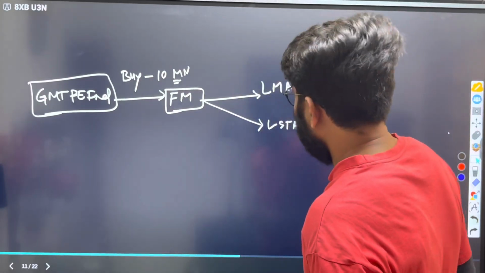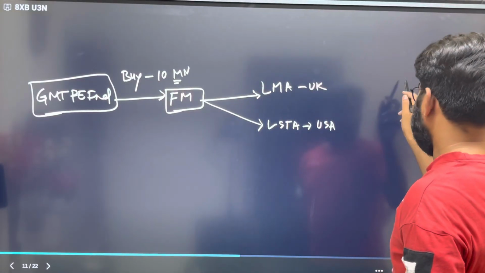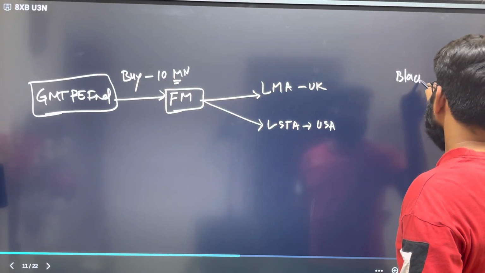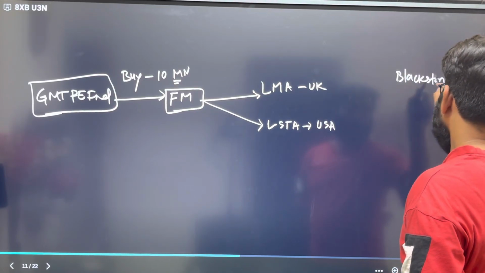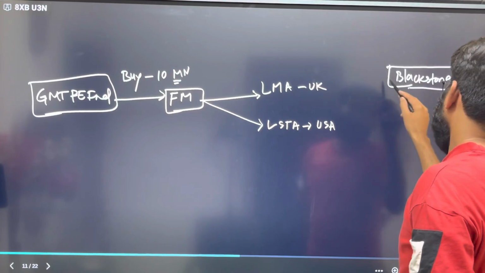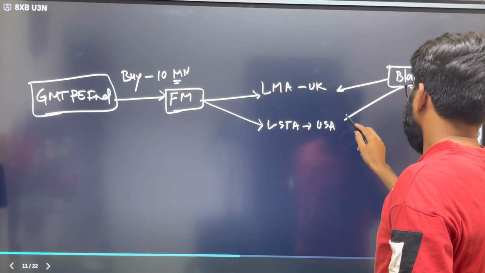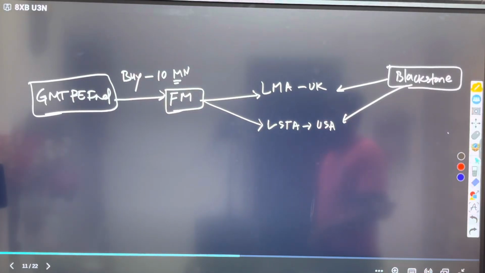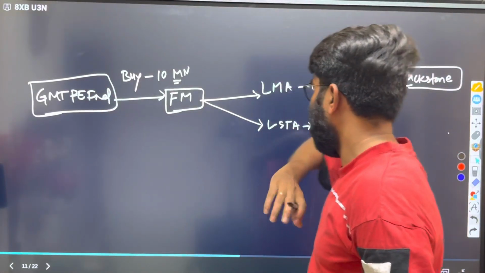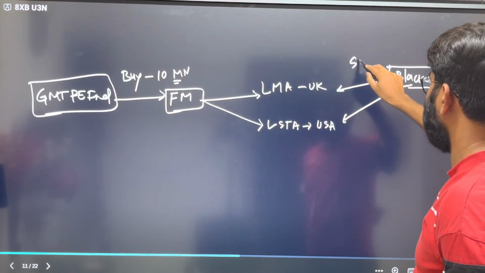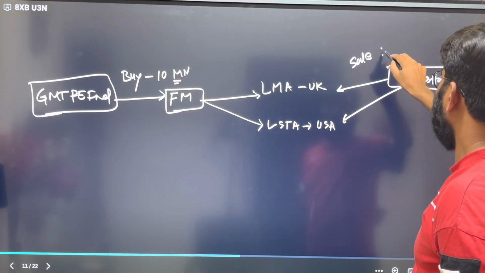So here you would see, let's say, fund managers from Blackstone also reach out. If GMT fund is a buyer for 10 million, you might see Blackstone is looking to sell 10 million,